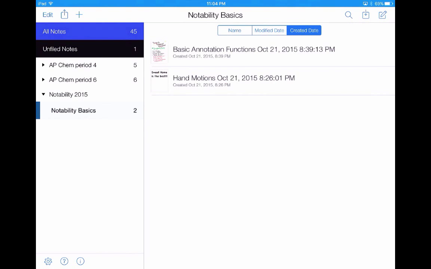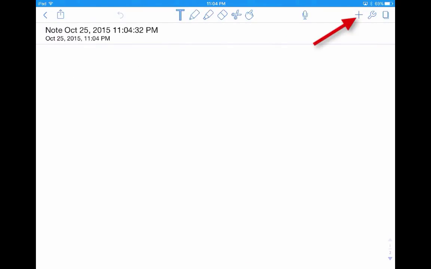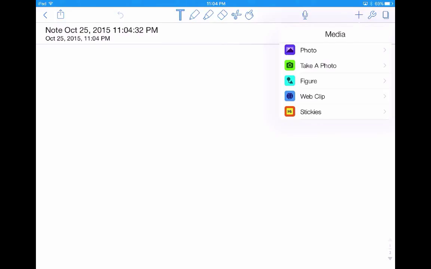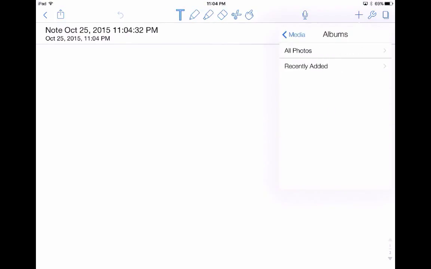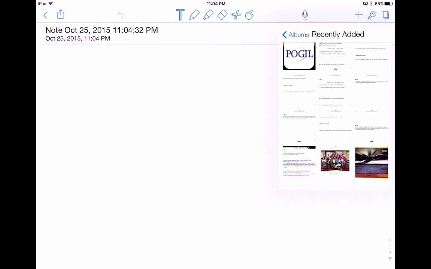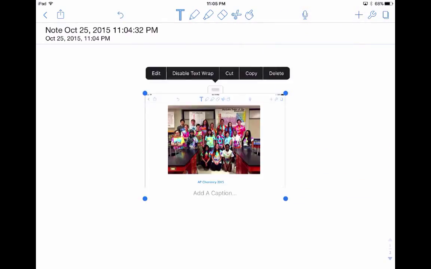Let's begin by creating a new note, and in this new note, we're going to hit this plus button in the upper right hand corner. Then I'm going to choose Photo. When I get into this album, I can either choose All Photos and look at all the photos in my photo library, or I can choose Recently Added. I'm going to choose Recently Added. At the very bottom here, I have a picture of my former AP Chemistry class, so I'm going to load